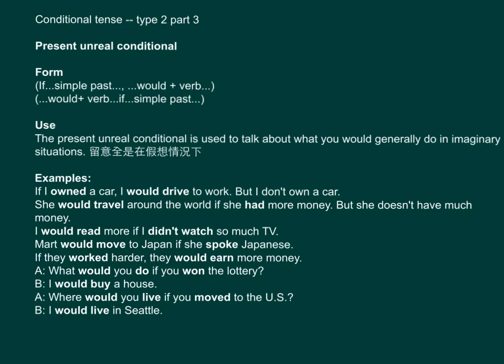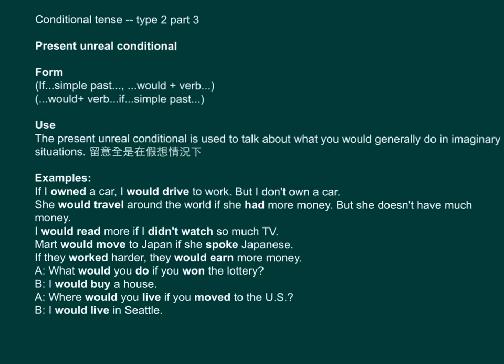Conditional tense Type 2 Part 3, Present Unreal Conditional. Form: 大家呢仲記唔記得 Type 2條件式嘅時態嘅句型同埋動詞嘅形式呢？ If simple past, would plus verb. Would plus verb, if simple past. Use: The present unreal conditional is used to talk about what you would generally do in imaginary situations. 留意呢，全部都係假想情況之下嘅喎。